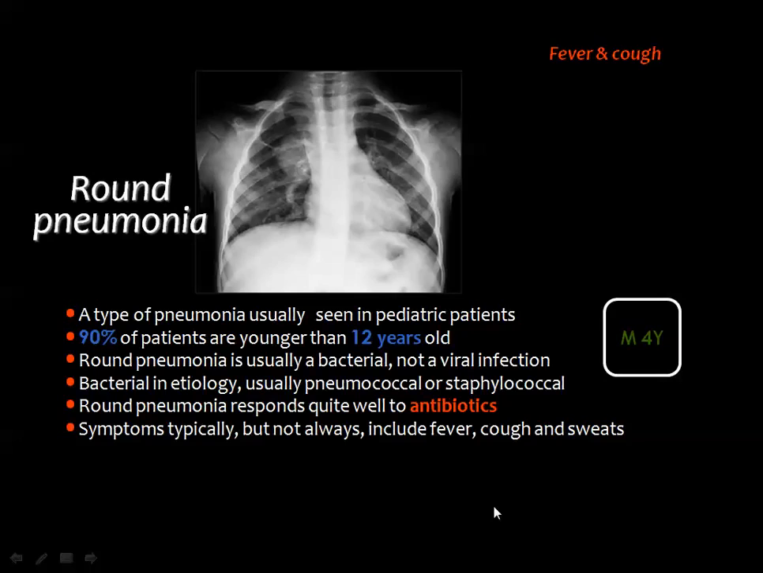Then the last nodule in this category is the round pneumonia. Round pneumonia is frequently seen in the pediatric age group compared to adults, and most of the patients, about 90%, are younger than 12 years old. It's very important to know that this is one of the lesions seen in the pediatric age group, so that you cannot jump to the diagnosis of other pathologies, or you can go for further imaging like CT, for example,